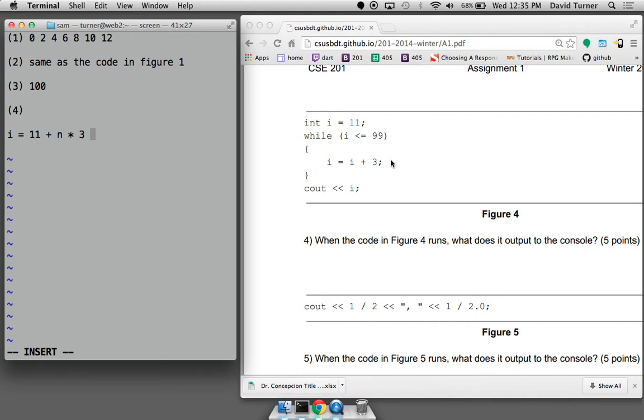All right, so we need 11 plus some multiple of 3 that gets us 99 somewhere, right? So let's think about, I'll do a mental calculation here. 99 minus 11, that's 88. How many times does 3 go into 88? 29 point something. So let's suppose